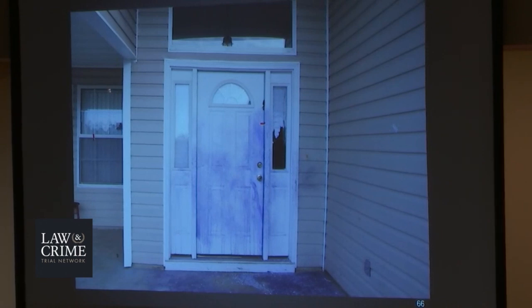If you were directing or overseeing processing of this scene, why, if at all, would you have wanted the wall there with the impact spatter enhanced chemically as well? Generally, you would want to do a series of steps for enhancing using alternate light source, chemical enhancement, various things like that in any areas where you potentially have blood. A chemical that I often used also is Luminol, which is very sensitive to small amounts of blood, but you can find a lot of patterns and things that may not be readily apparent. So generally what I would do is process any areas where I had any indication that there had been blood deposited, simply because